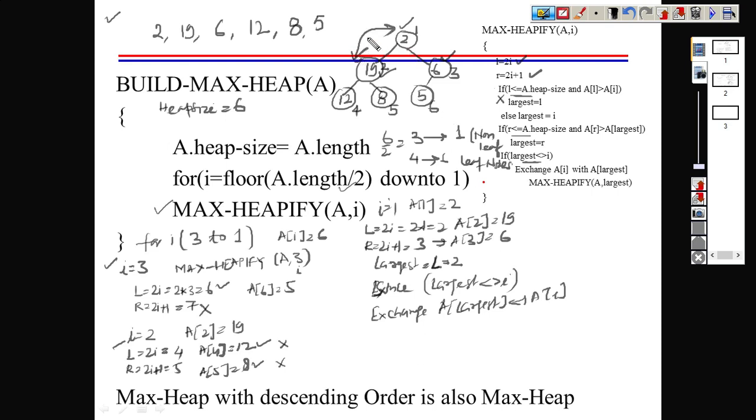Now when you apply this operation, what will happen? You will get something like this: 19, 2, 6, 12, and 8. Now when i equals 3, you will notice that because of this change, it will make a recursive call. In the previous cases, there is no recursive call at each iteration. When i equals 3, there is no recursive call. When i equals 2, there is no recursive call. But when i equals 1, it will make a call, because now